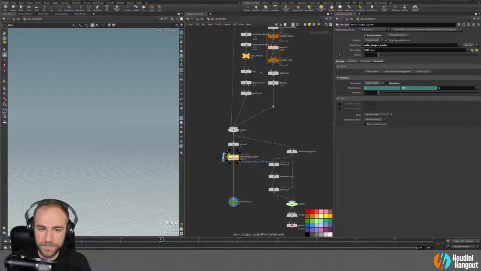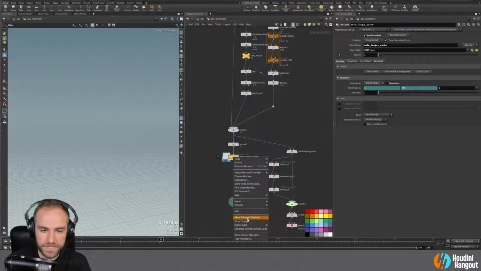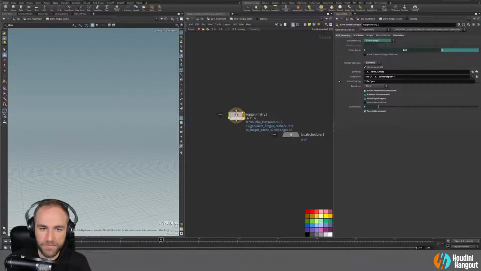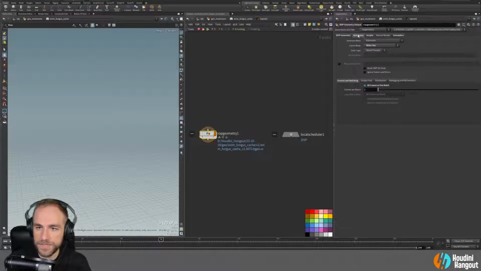So in this top node, let me just allow editing of this, and then I can go inside. All right, so we have this top network here. We have our geometry, and what we want to do is, see, this actually has all frames in one batch. So I'm not sure why it's doing that. But instead, what we're going to do, instead of having one frame per batch,